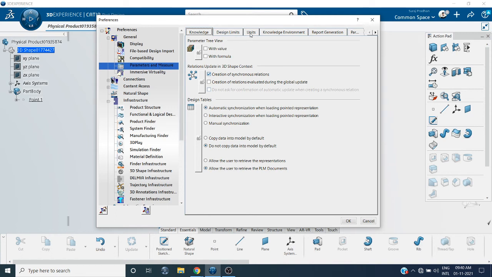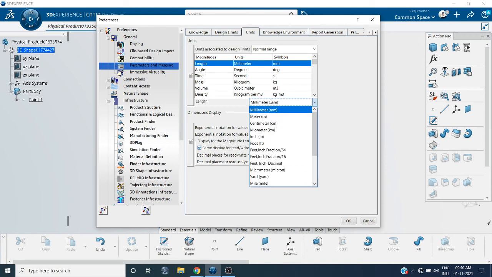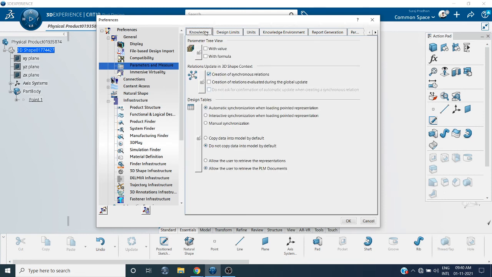In that condition we will go to unit, and here change the unit to kilometer, inches, foot, feet. But we need millimeter. With value, with formula, is a different thing.